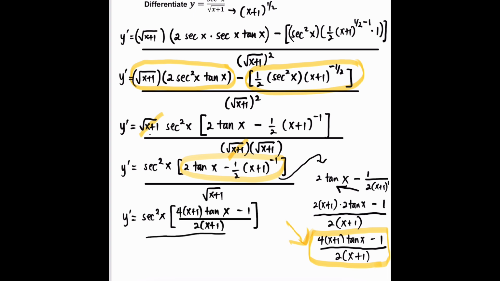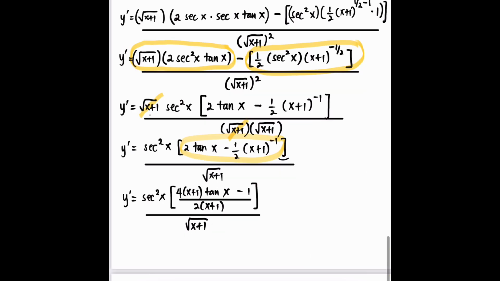And don't forget, the denominator is square root of x plus 1. We can see that we can perform now the operation, division. But before we do that, let me erase. So y prime